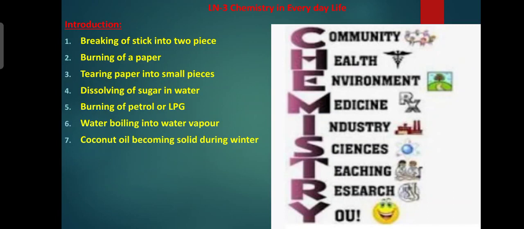Today we are going to discuss a new lesson, chemistry in everyday life. Science is everything within and around us. It can be seen in everything we do and everything that happens to us. We can thus observe all branches of science in different aspects of our everyday life. In this chapter, we will learn about observing chemistry in everyday life.